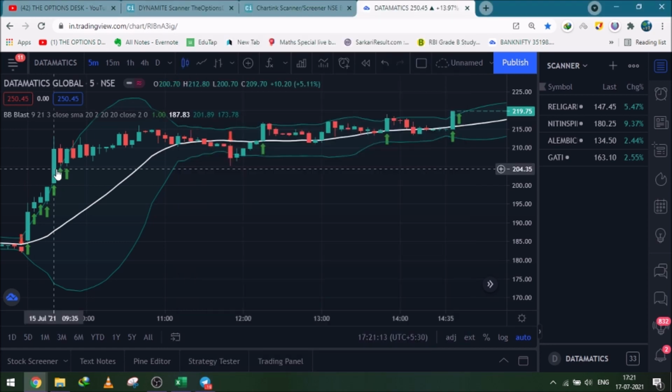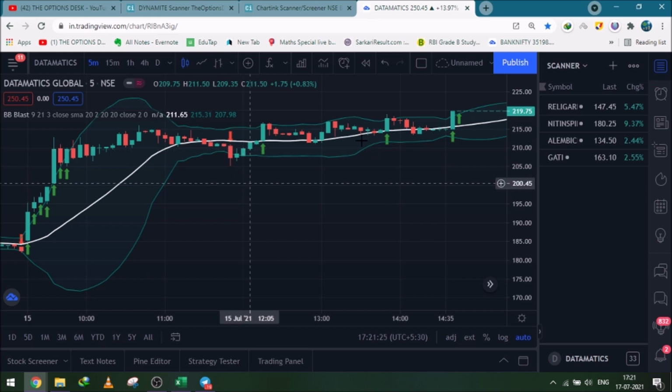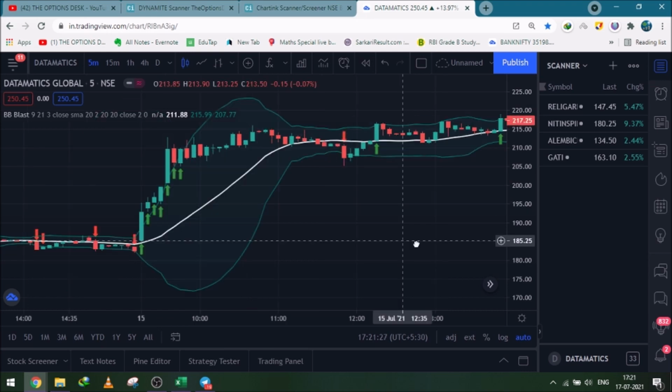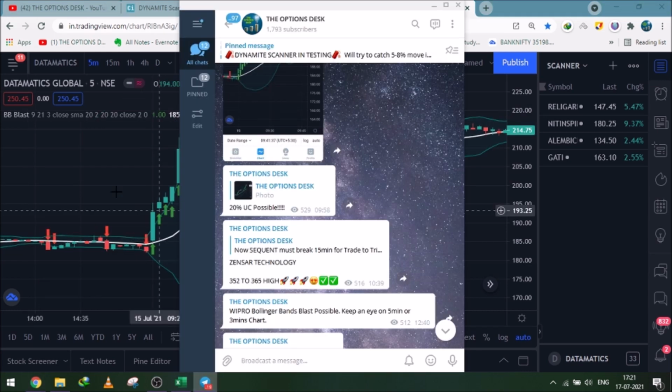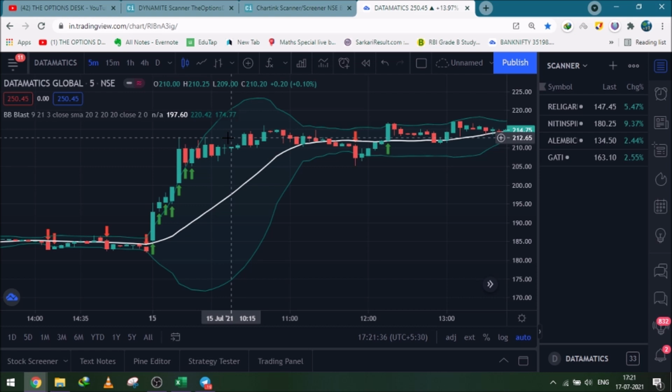At this particular point, I mentioned that the Datamatics can give an upper circuit because the move was very solid and strong. The move was not coming down. I got confused because there was a Bollinger band for the downside, but the next candle showed that it was going to go upside. So the Datamatics came at 9:23 in the morning, and it moved tremendously well from 193 to 215, approximately 20 points. Yeah. And now the second stock,